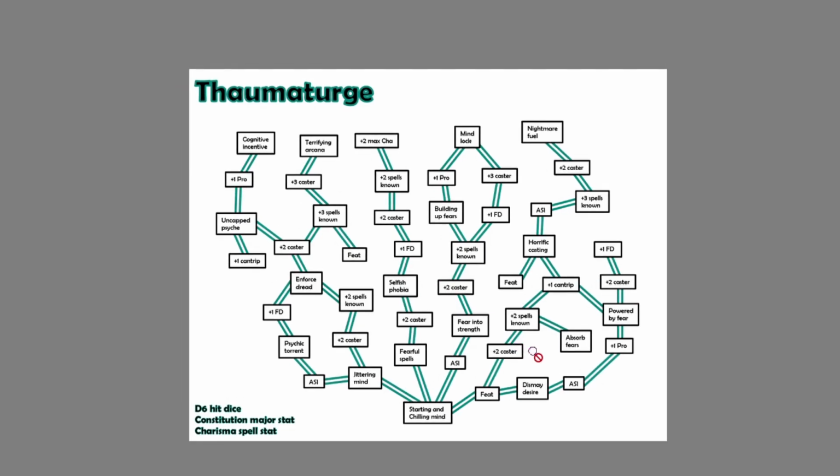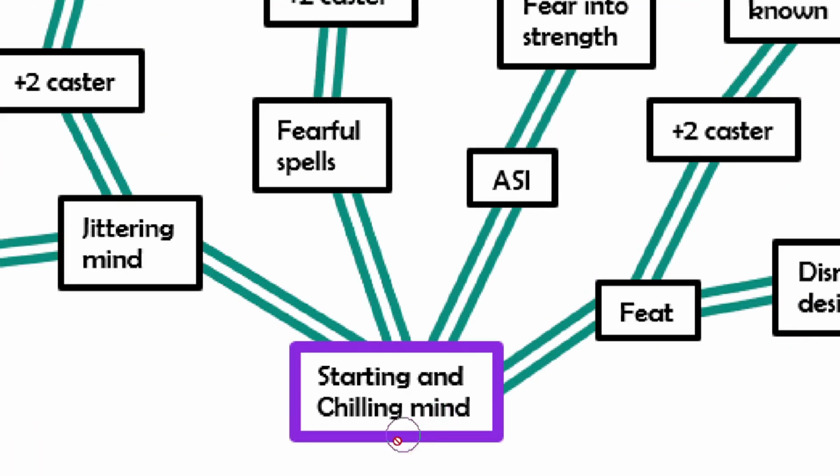This is a spellcasting character with a d6 hit dice and Charisma as its spell stat. But since it is not our main class, we will be ignoring that. We do not use a d6 for our hit dice, and we do not use Charisma as our spell stat because Rogue is our main class, not Thaumaturge. But we are going to put 1 node into Thaumaturge, our 3rd one for level 1, and this gives us